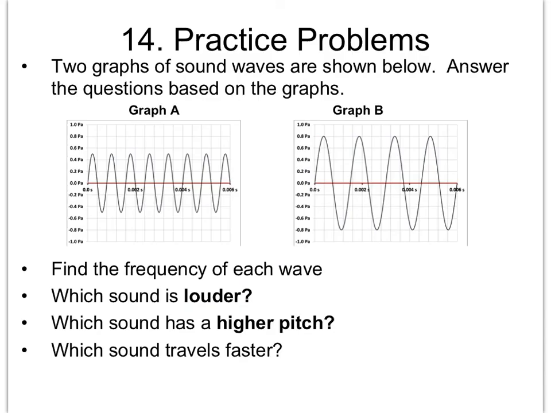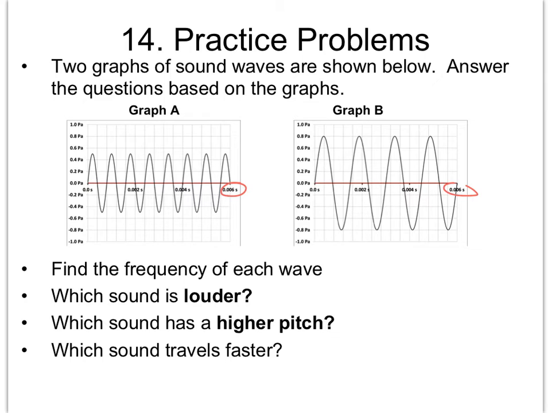All right, so for this practice problem, we have two different waves here, and we're going to answer a bunch of questions based on these waves. So here we have graph A and graph B. The first thing we want to find is the frequency of each wave. So what I would notice is that both of them have time as their x-axis, which means we can use this graph here to determine the period,